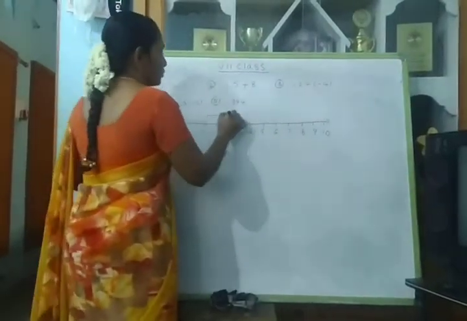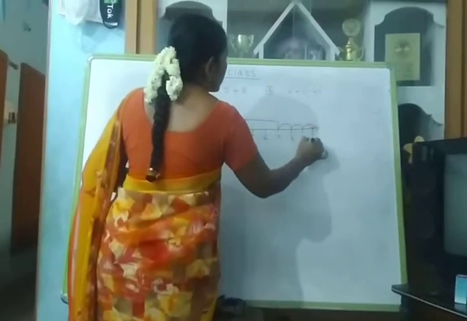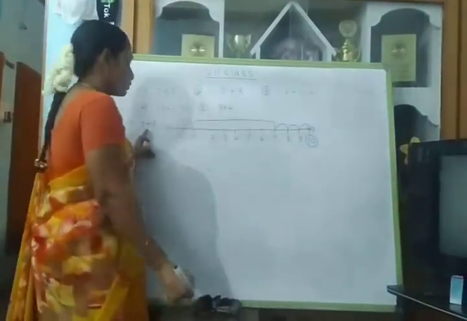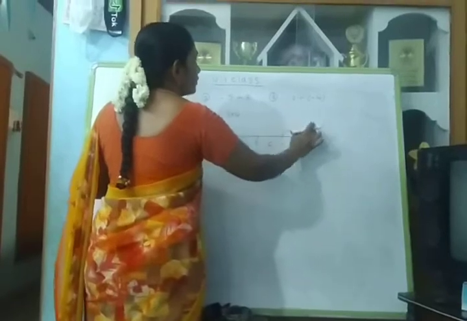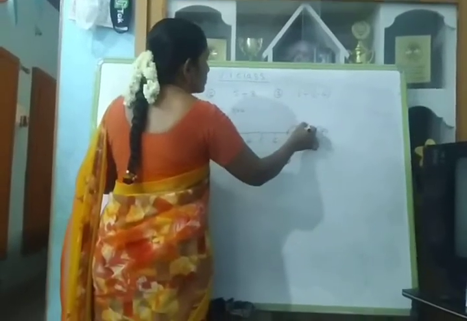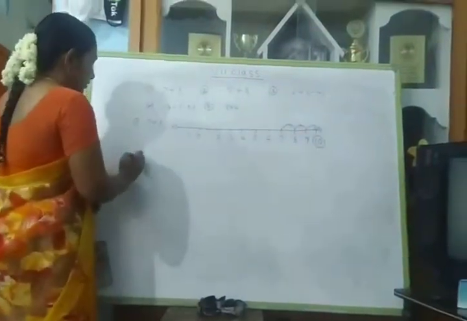First you have to move from 0 to 7. Then 1, 2, 3, you have to move to the right side. Why? Because you are adding. In the examination they will not give this, only arrow marks like this, so they move to the right side. Addition you have to find like that. Next one,